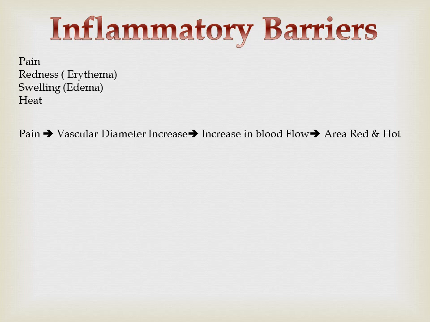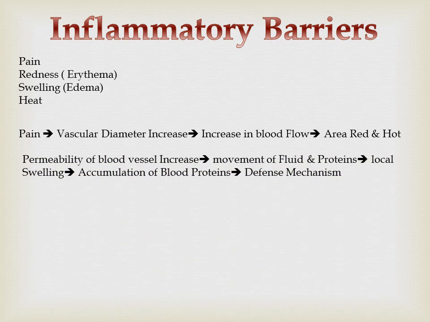The vascular diameter will increase, resulting in increased blood flow. Due to the rush of blood, the area will get heated and attain a red color. At the same time, due to vasodilation, that is the vascular diameter increasing, the permeability of the blood vessel will increase, which will help in movement of the proteins. That will result in local swelling,